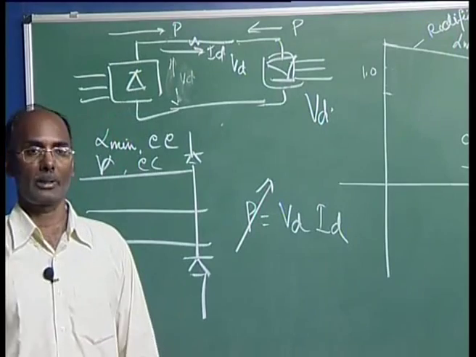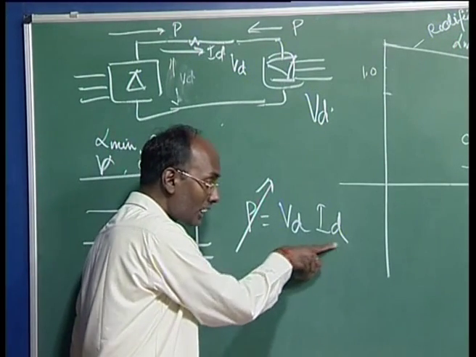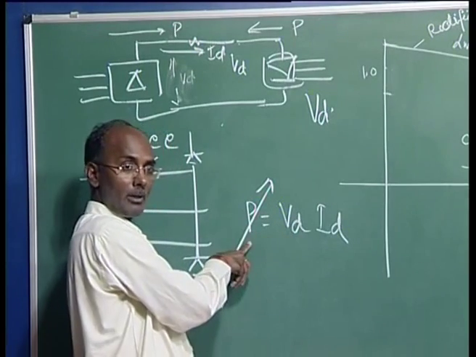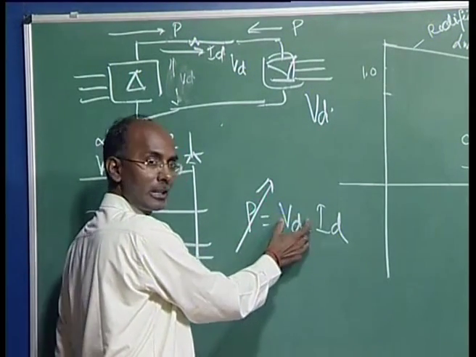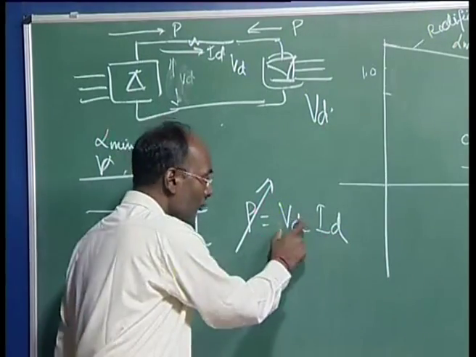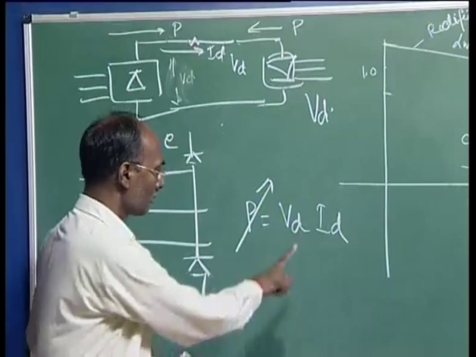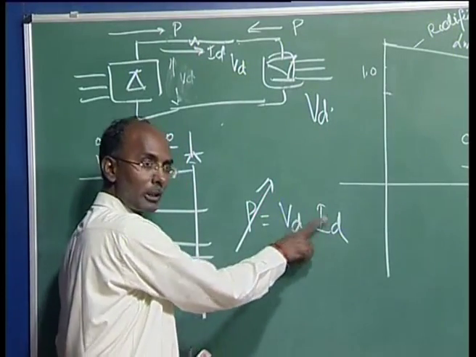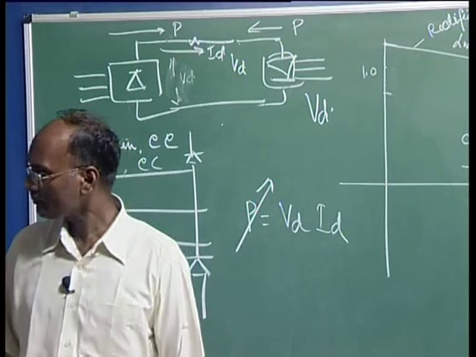Your controller becomes complex. As I said, we are maintaining one constant and changing the other to control the power. But if you are controlling only this, the possibility is that this is also changing, or only one is changing. There are all three possibilities. This can change, both can change, and when both are changing, it becomes very, very complex.